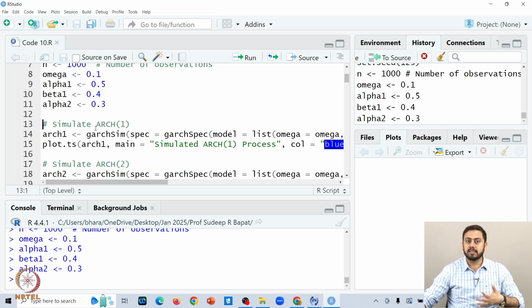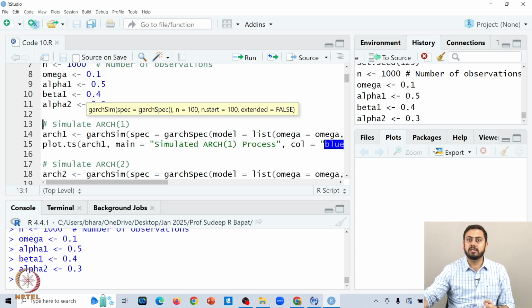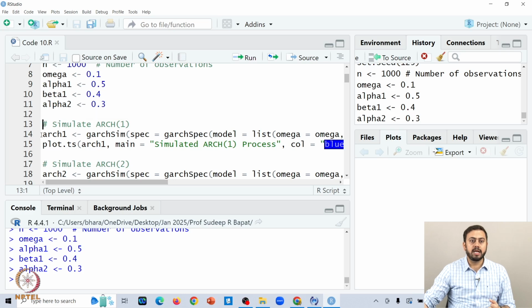So GARCH is sort of an extension of ARCH, or rather ARCH is a special case of GARCH. So R does not differentiate between arch sim and garch sim. So using this garch sim, you can still simulate from an ARCH(1) model. Make sense so far? Okay, so initially we will give it a name, let us say arch1, and then